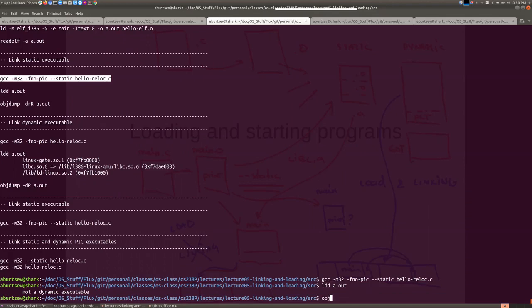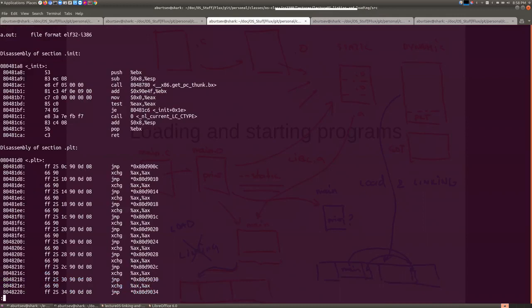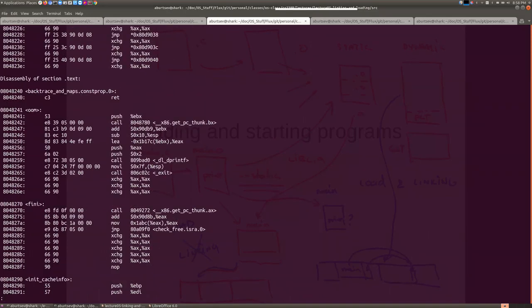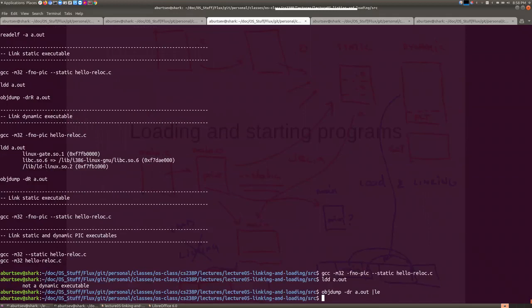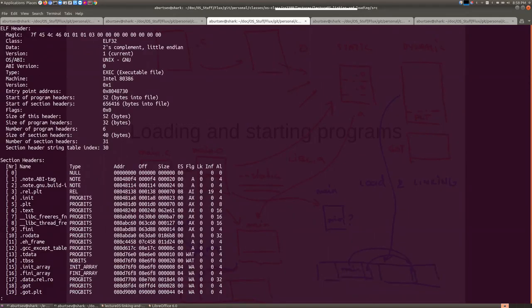So if you do objdump with disassemble, showing all symbols and relocation symbols, well, the entry point is here, but essentially it's ready to go. Okay, let me show you the entry point. readelf will show us the entry point of this out file. Its entry point address is